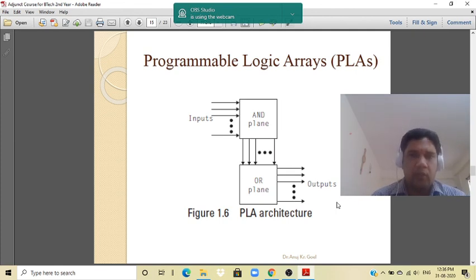On the input side, we can also connect inverters to invert the signal. For example, you want to implement A bar B plus A B bar. In that case, two inverters are used. So on the input, we can connect the inverters before the product terms, that is, before the AND plane. Then the inputs are connected to the AND plane and we get the product terms. These product terms are then connected to the OR plane, and from the OR plane we get the final output. It is the basic PLA, and different languages are there to program PLAs.